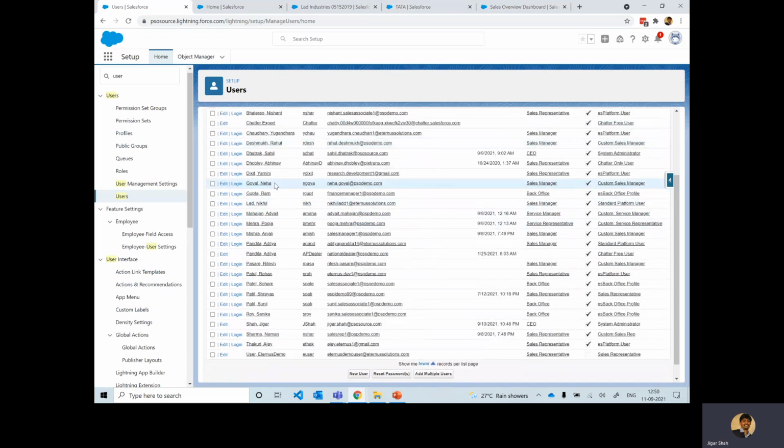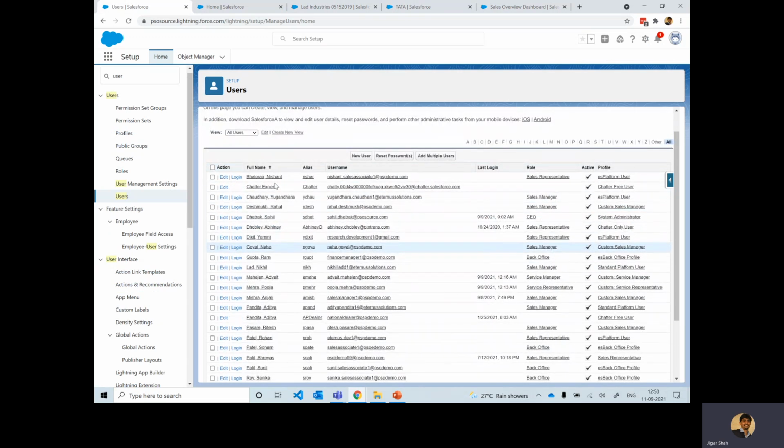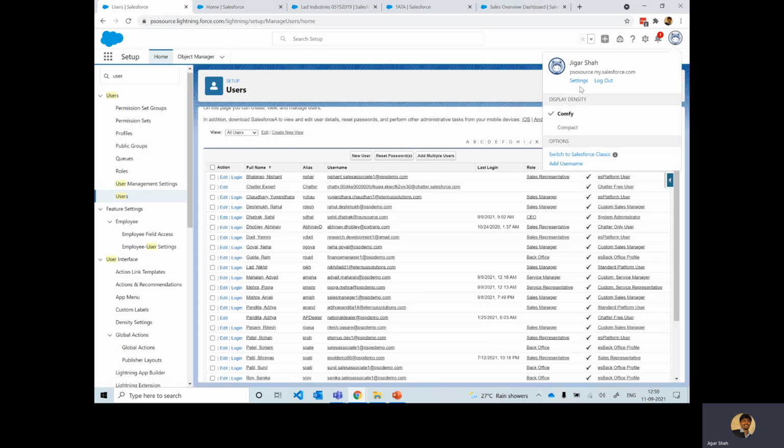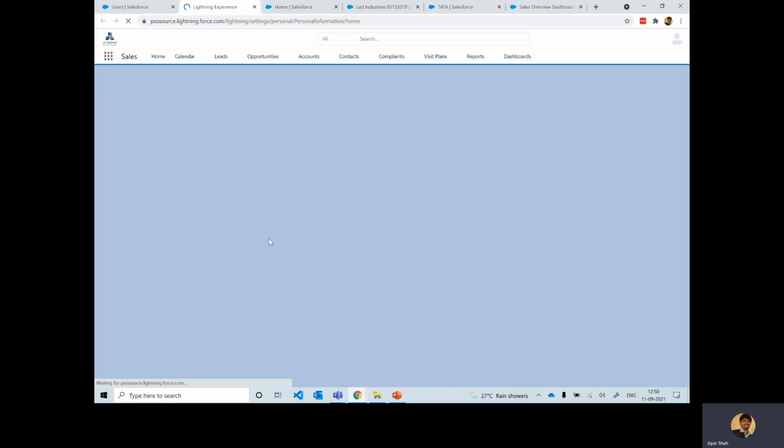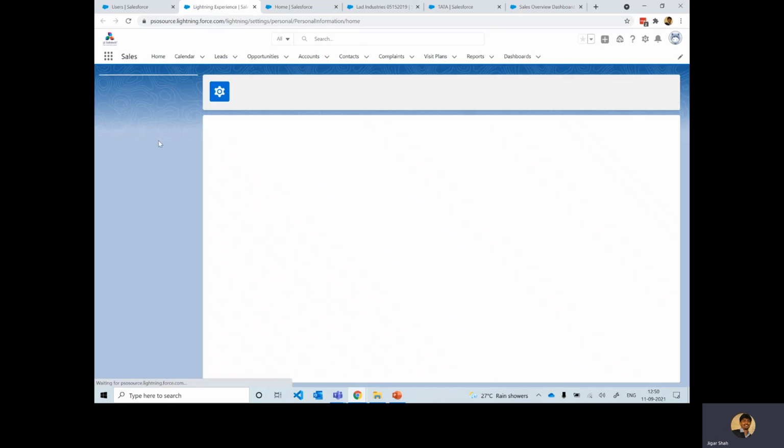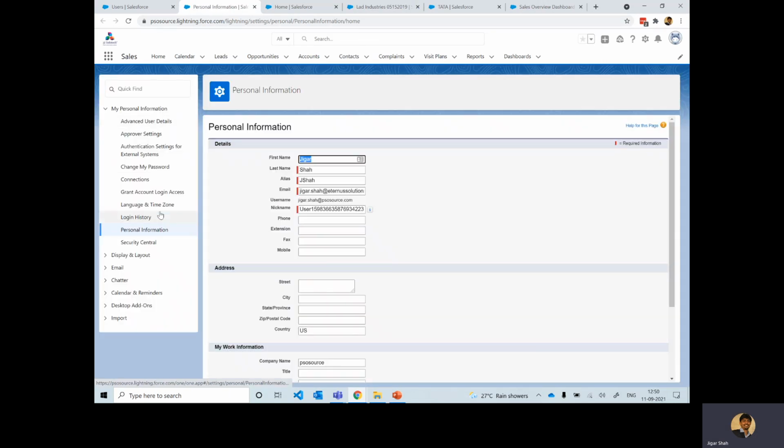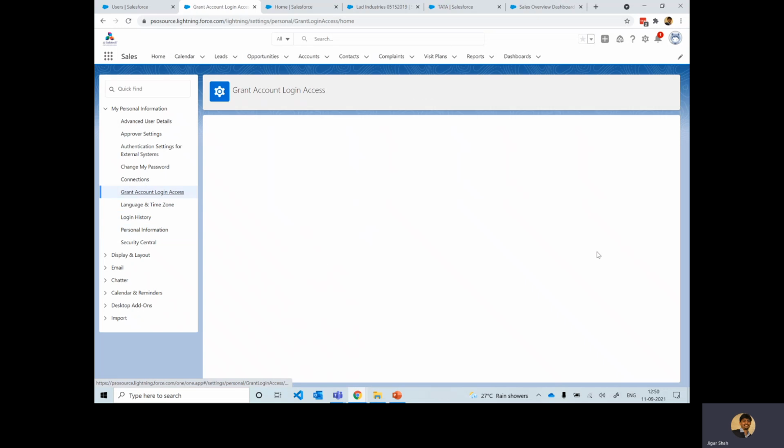And since you've set up multiple users, there is a small feature in Salesforce which talks about granting access, which you could use here. If you click on the specific user, and go to user settings, you have the ability to grant account login access.